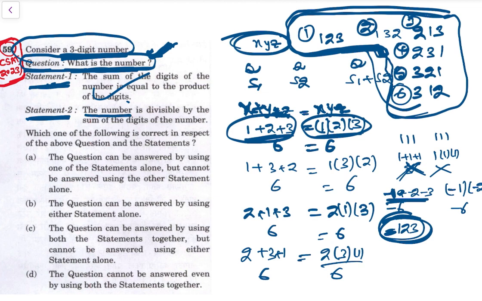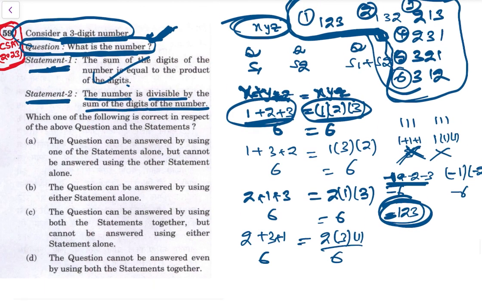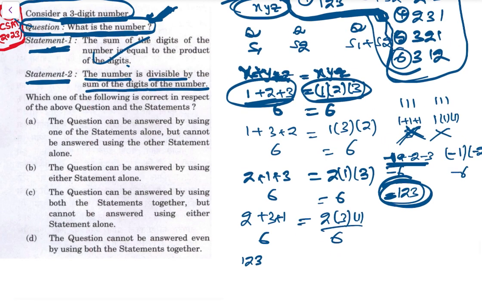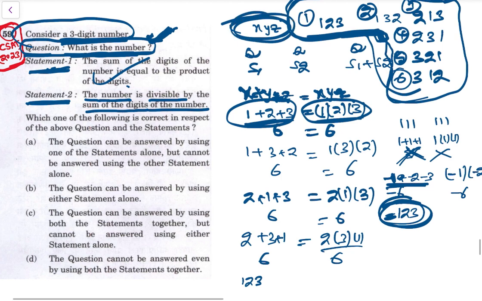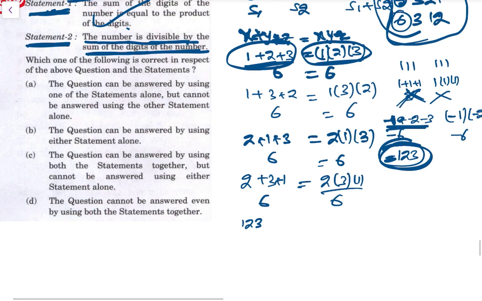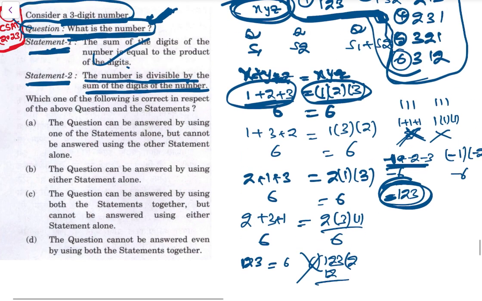the number is divisible by the sum of digits of the number. For example, just take 1 2 3. The sum of digits is 6, so is 123 divisible by 6? 6 2s are 12 and 3, this is not divisible. Then let's check